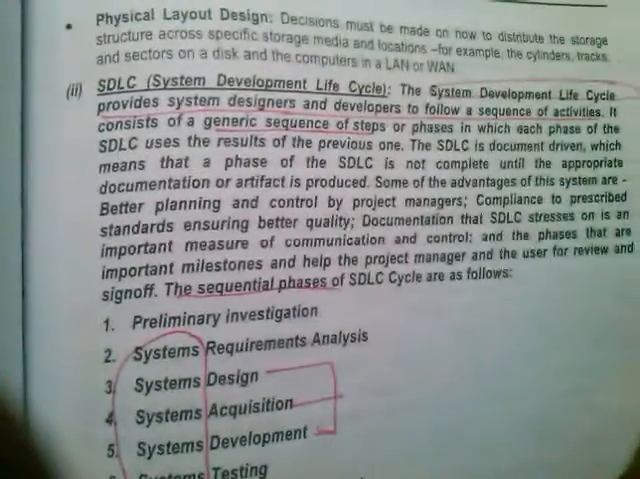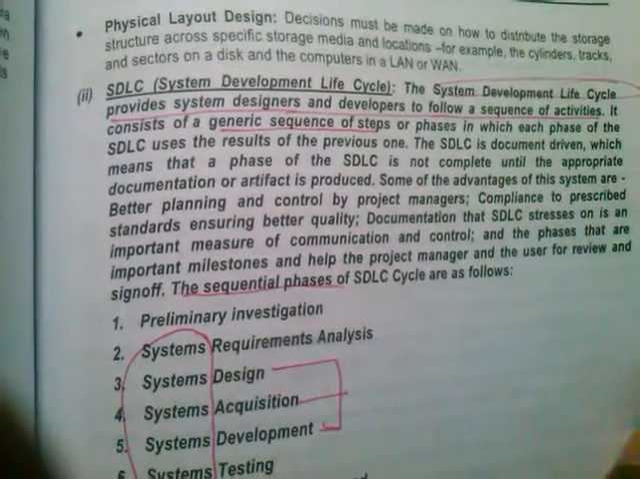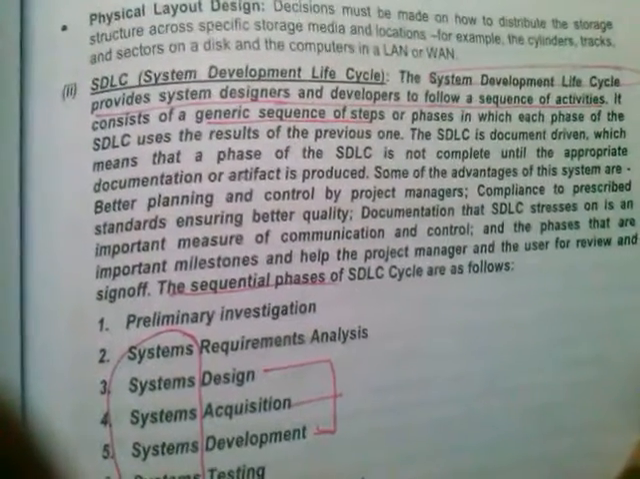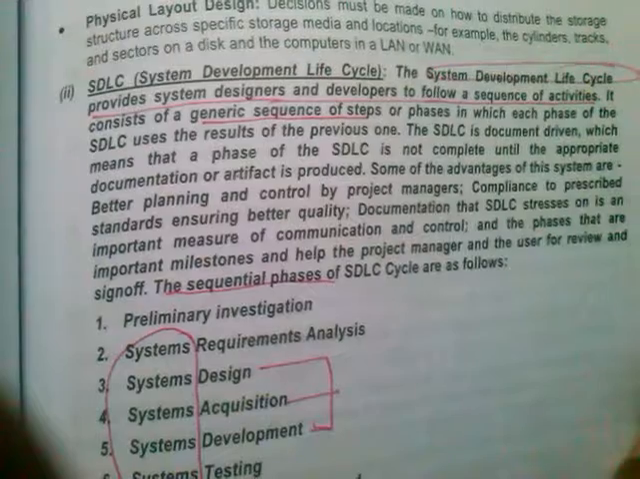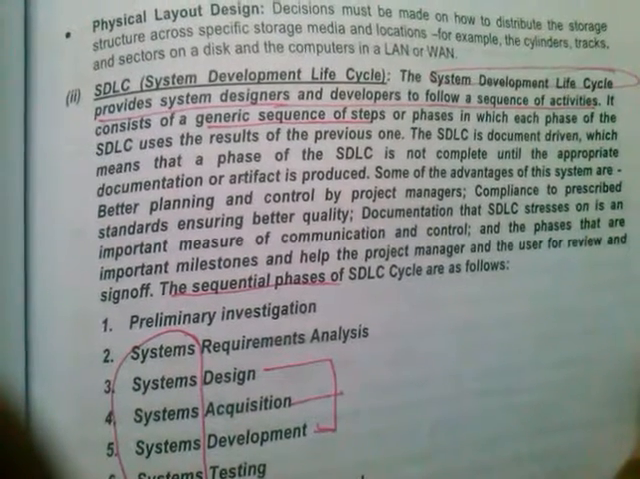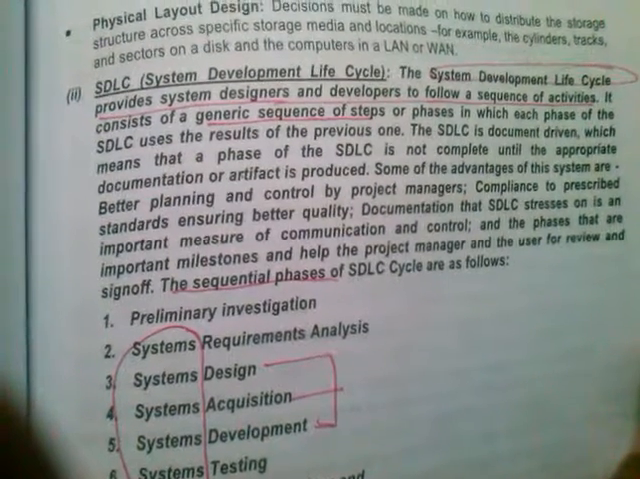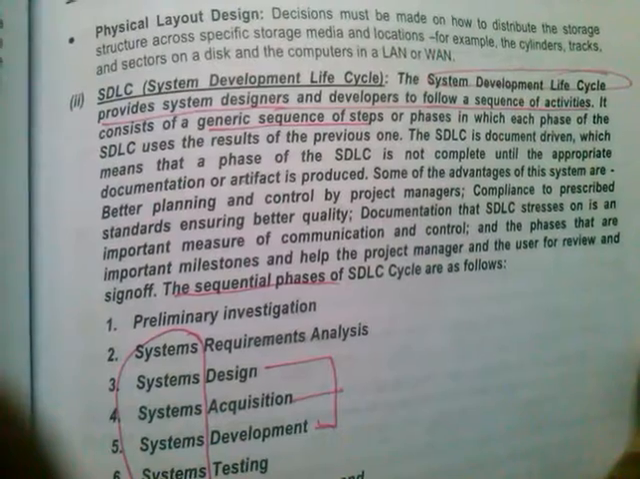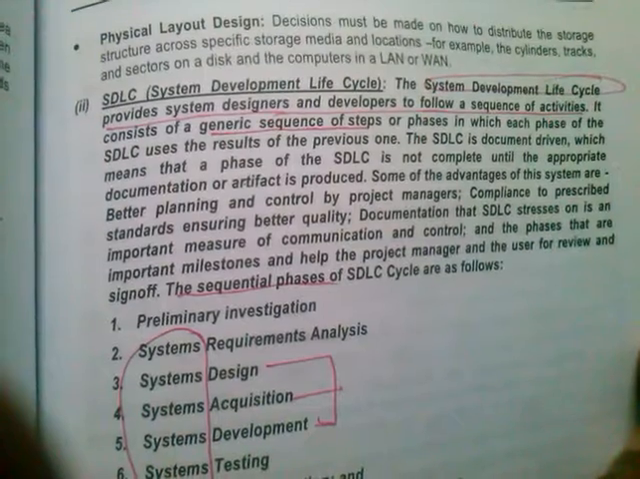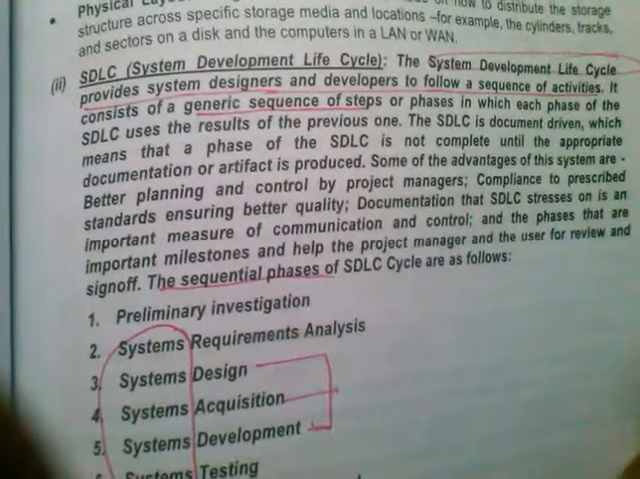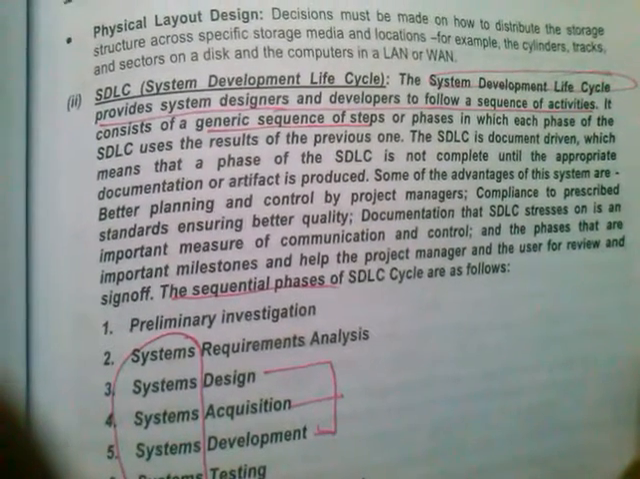Next, SDLC, system development life cycle. The system development life cycle provides system designers and developers a sequence of activities to follow. It consists of a generic sequence of steps or phases in which each phase of the SDLC uses results of the previous one. The SDLC is document driven, which means that a phase of the SDLC is not complete until the appropriate documentation or